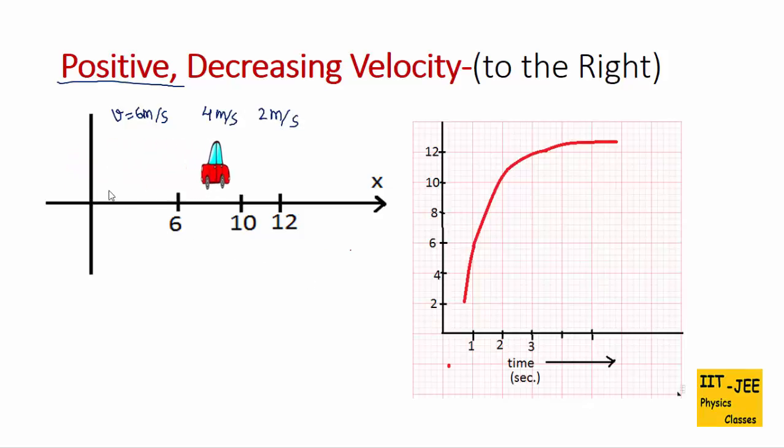So this car will travel 6 meter at first second and then 4 meter at second second and 2 meter at third second. So if it starts from the origin, then positions of the car would be after first second it would be at 6, and after second second 6 plus 4 it would be at 10. Then after third second 10 plus 2 it would be at 12. You can see position of the car is increasing at a decreasing rate. So graph would be a curve.